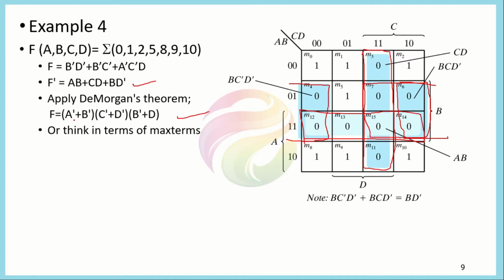Now, if you remember this expression, you can say that it is in the form of a max term representation in terms of A instead of a min term representation. So you could consider it as representing the table in the form of max terms instead of min terms. If we want to take the complement of any given function, we consider the zeros instead of the ones and combine them in the same manner which we did for the ones, and that will give us the complement of the function.